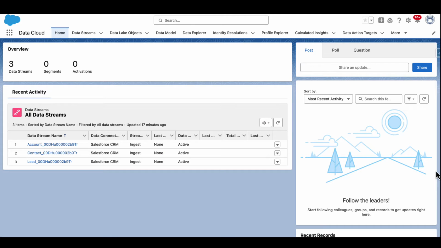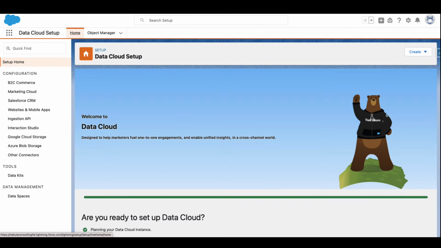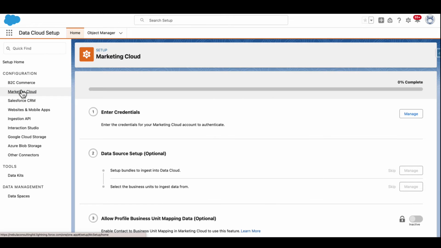So let's get started. I'm currently in my demo org for Data Cloud. The first thing I'm going to do is navigate to Setup, and I'm going to select Data Cloud Setup. This is where we can manage all of our connectors, which Salesforce orgs we have connected to our Data Cloud account, and also manage things like our data kits. So let's navigate to Marketing Cloud from the left side menu, and this is where we can set up a